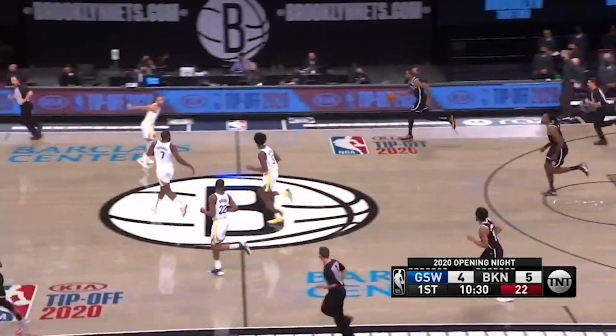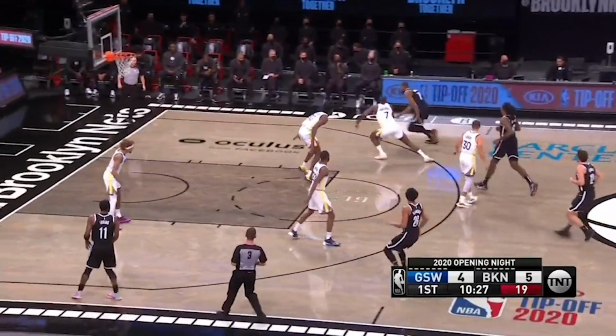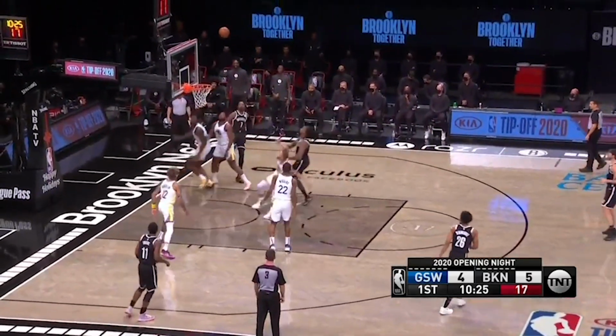is going to keep it and attack. And it doesn't matter here that two defenders come to bottle him up. He rises up over both of them, could have gotten the foul call on James Wiseman before swishing this one